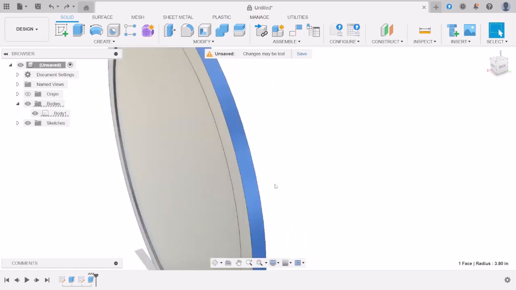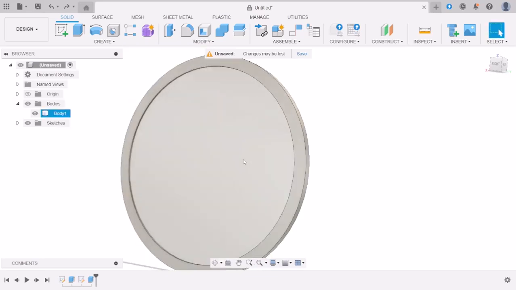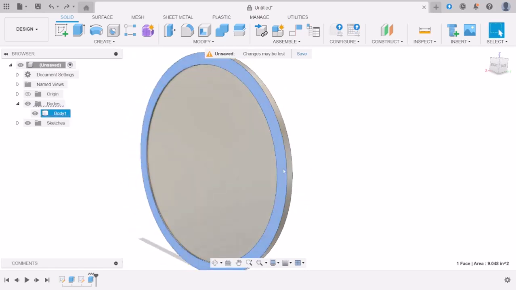The only thing it won't let you do is click here and draw here as a plane, because it's round. It doesn't know exactly what direction you want to draw in. So that won't work. If it was a square where each of the faces are different, you can select a face like this and it will work. But on this face here, it won't. So I can select any of these faces and I want to draw here. So I'd say create sketch